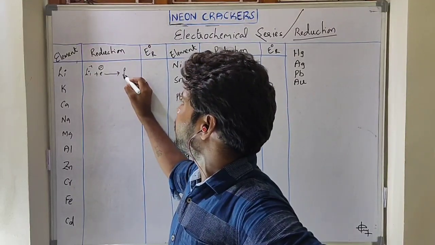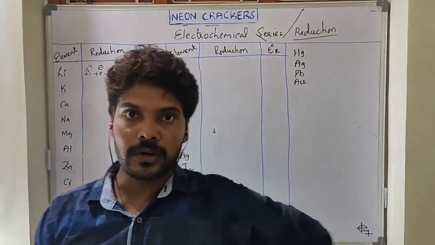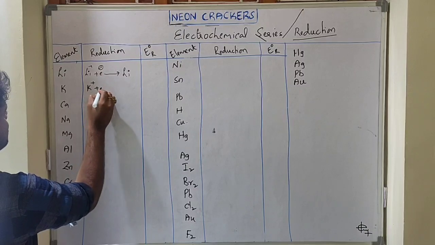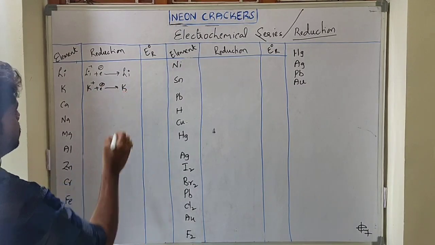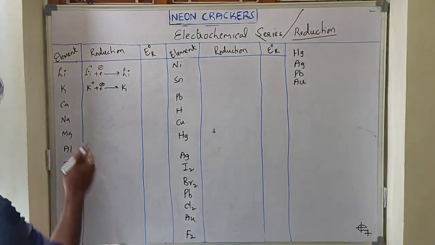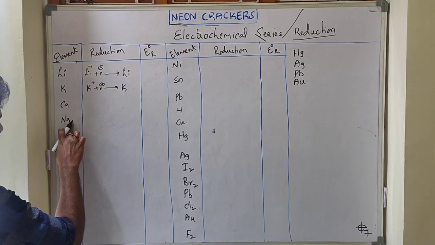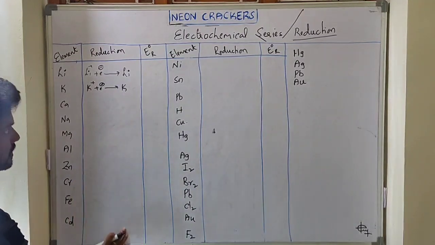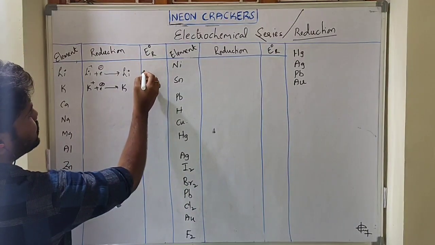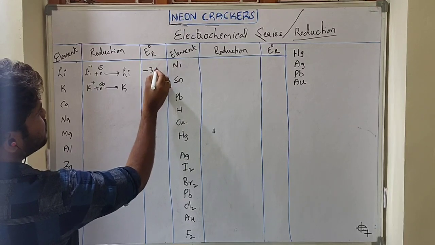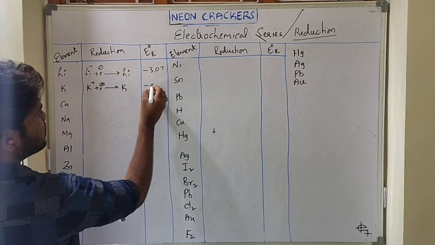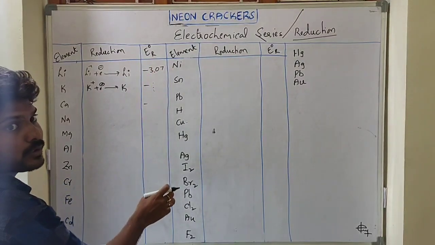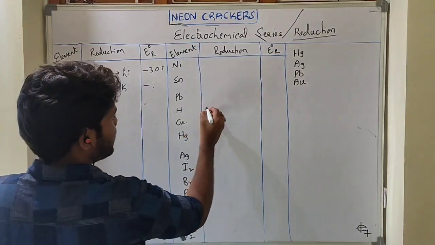So lithium plus requires one electron to form a lithium atom. In the same manner, K plus requires the addition of one electron to form potassium. The same manner, calcium 2 plus, next sodium plus. So for all the valence electrons, we have to write the reduction reaction. Now this potential is minus 3.07 and then some lower value, meaning from top to bottom the negative potential value is decreasing, and where hydrogen